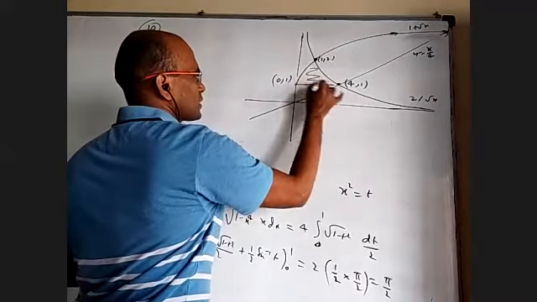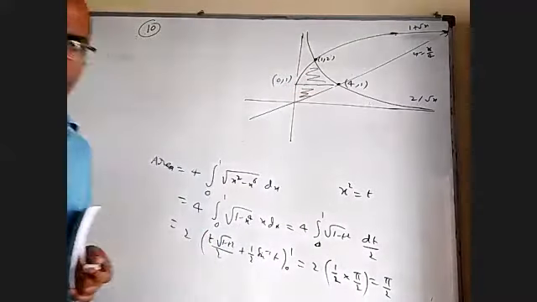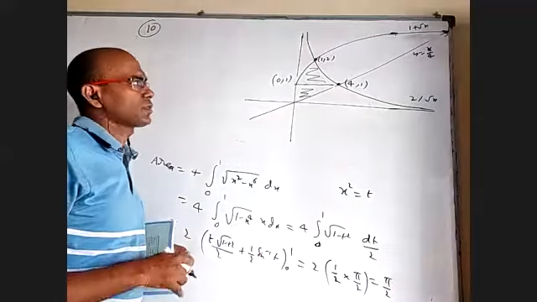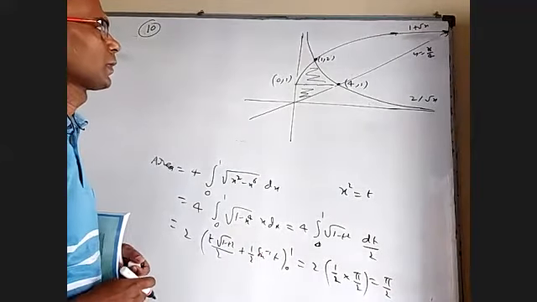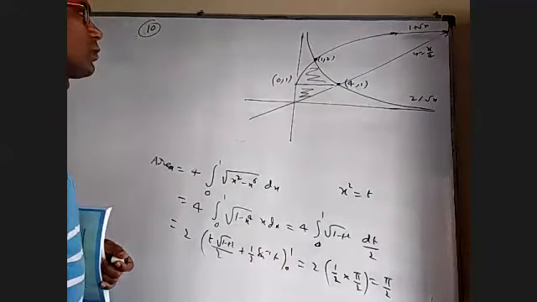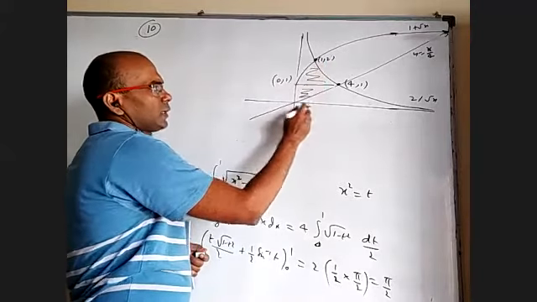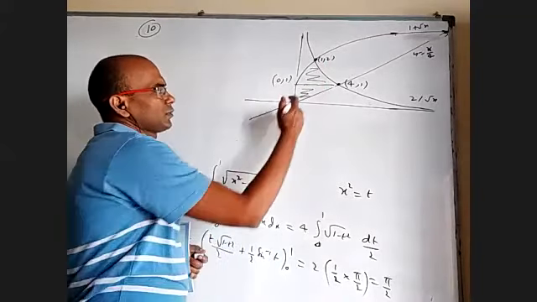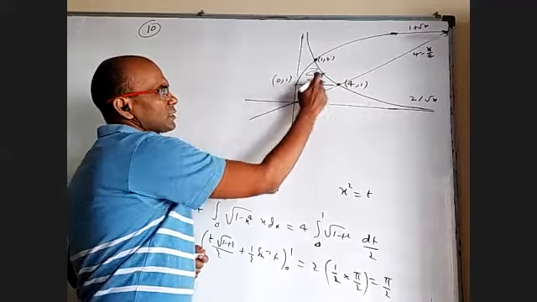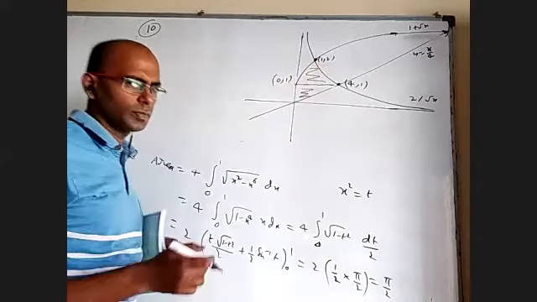So I want this area, this area. If you want to do upper curve minus lower curve, you have to break the integral at 1. Even if you want to do right curve minus left curve, from here to here, you have to do this minus this. From here to here, you have to do this minus this. Anyway, you have to break.